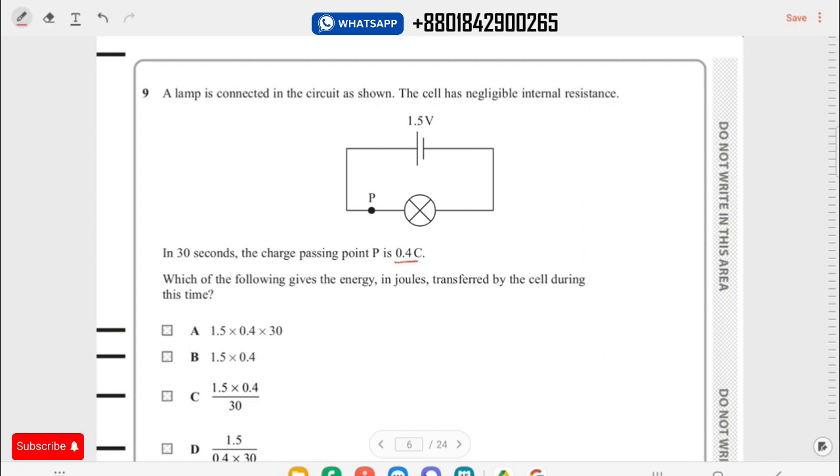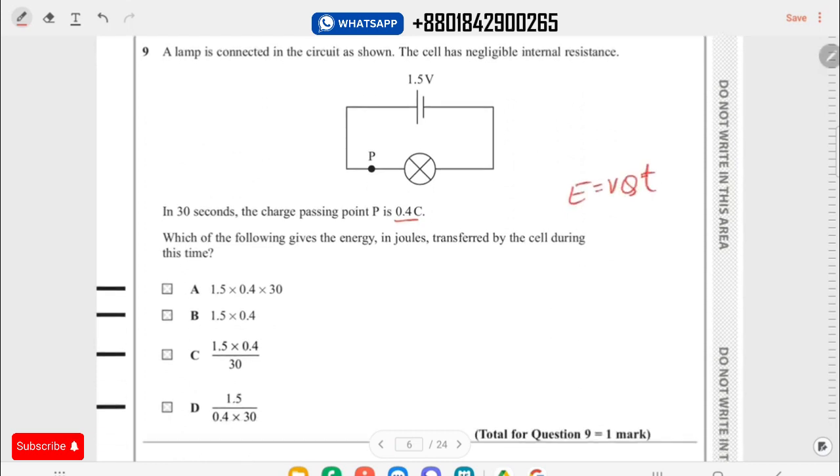Most people get confused in this situation. They try to connect time with this, so they try to make an equation that looks like maybe VQT. But there's no such equation. The main equation that we taught in our AS sections is